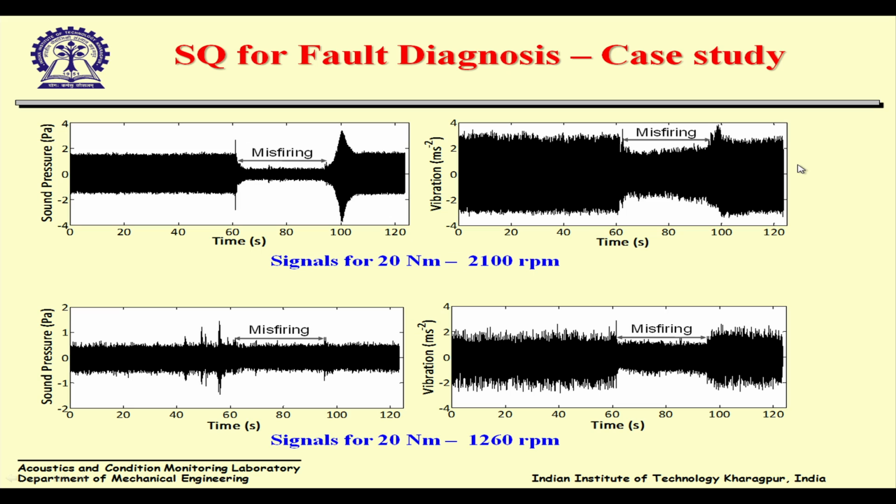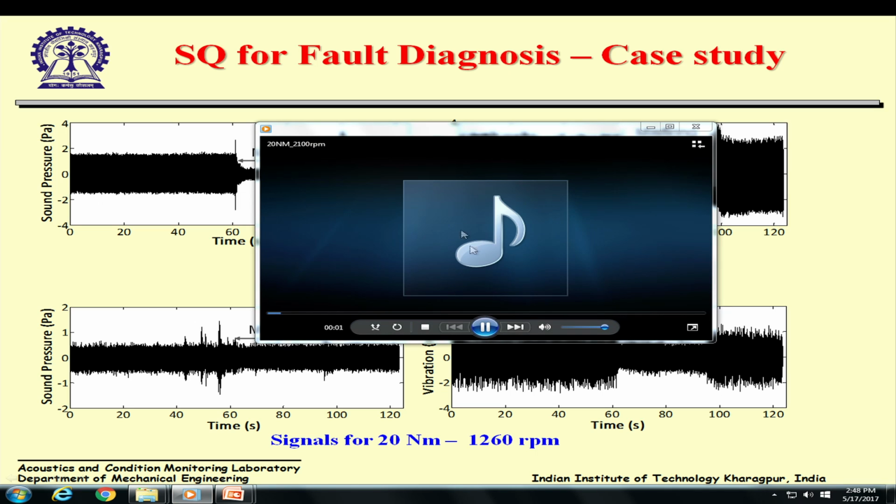This is a typical example of a fired and misfired engine. If I play this, for example, this is the signal at 20 Newton meter and 2100 RPM, and this is at 1260 RPM. As you can see from the waveform here itself, you can identify when the misfiring happened, when the engine started misfiring. But here it's very difficult to identify. So when you play this one,